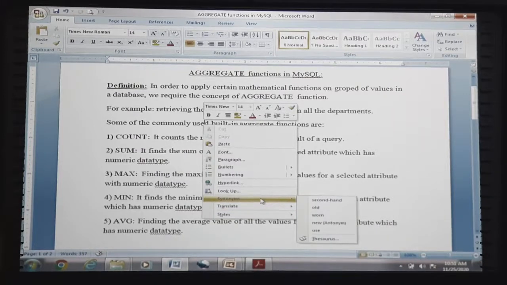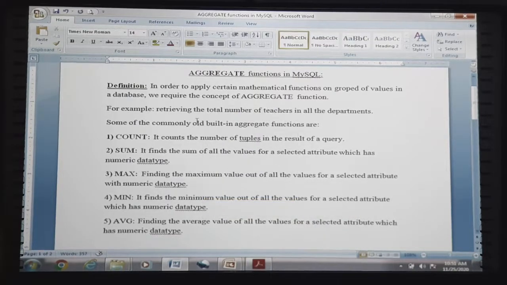There are certain matching words which can be inserted in place of "used". Find the exact matching word which can replace "used" in our sentence. In place of "used", I am using "old". Click here, and it will be replaced by the word "old".